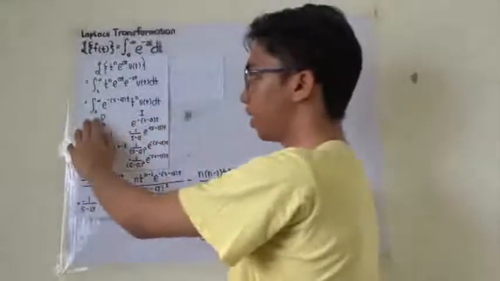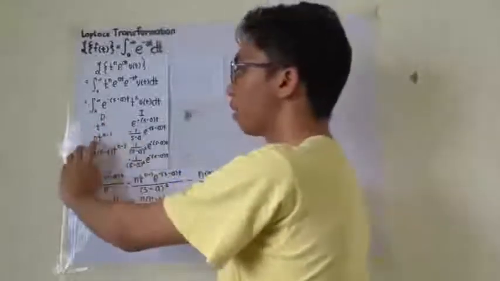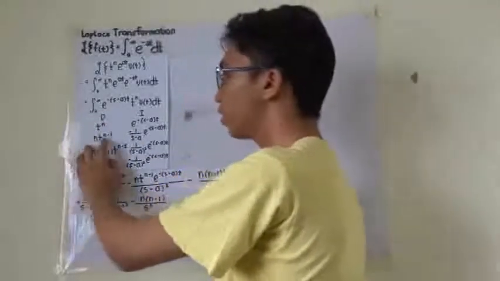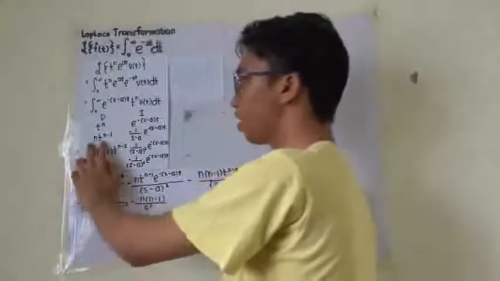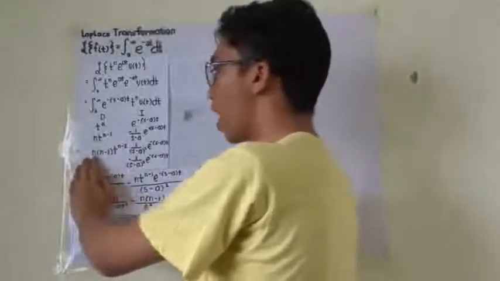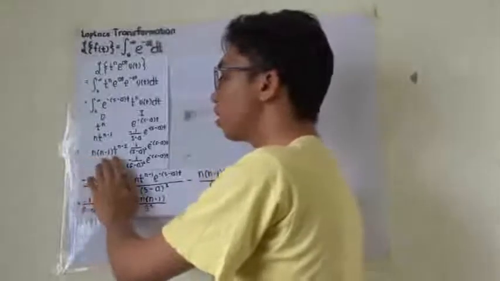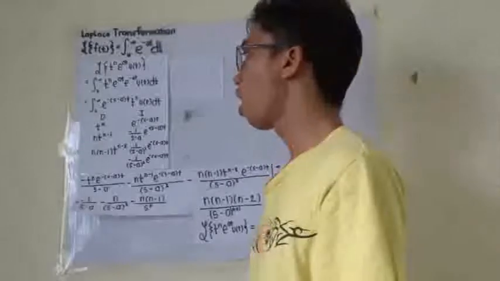So having the derivative of our t raised to n, we have n times t raised to n minus 1, and having again the derivative, we have n times quantity n minus 1 t raised to n minus 2, and integrating on the